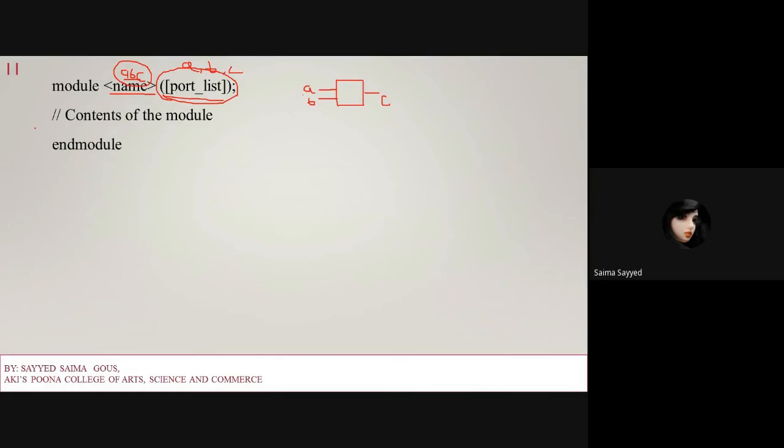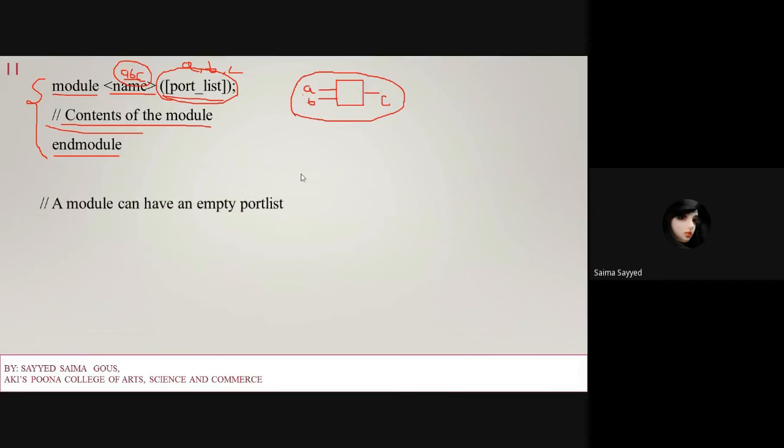Then the contents of the module. Whatever operation you have to perform with your inputs and output, you have to write that in the contents of the module. And then it starts with module and ends with endmodule. So in this manner, you have to define the modules, or write Verilog code.